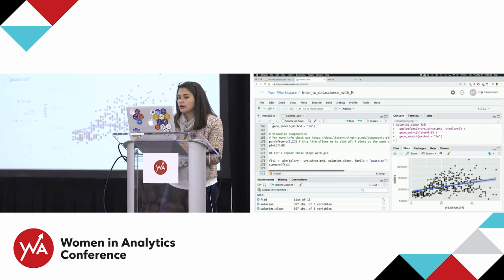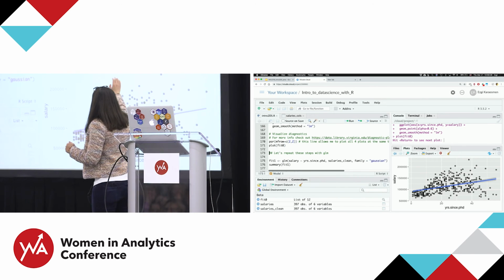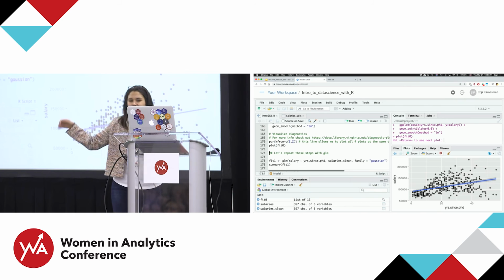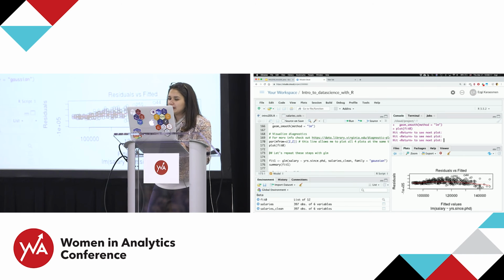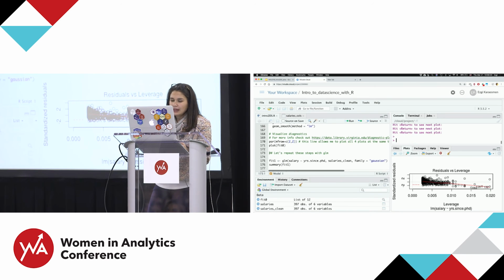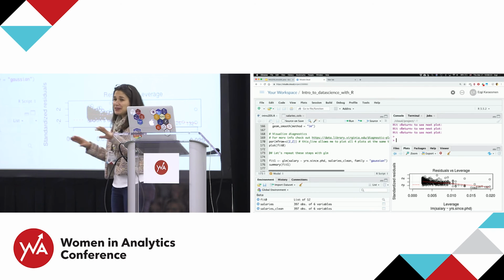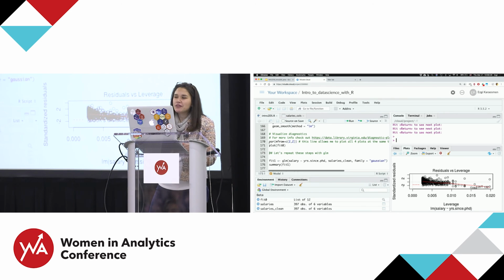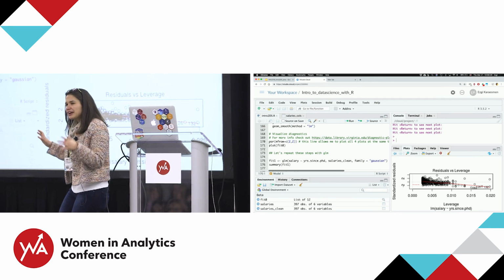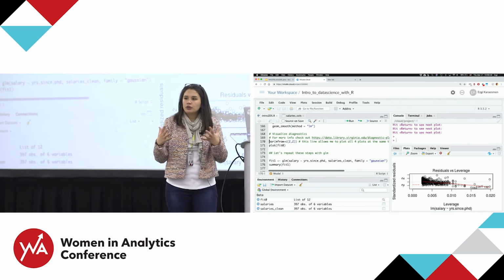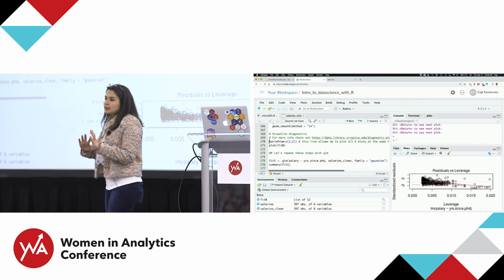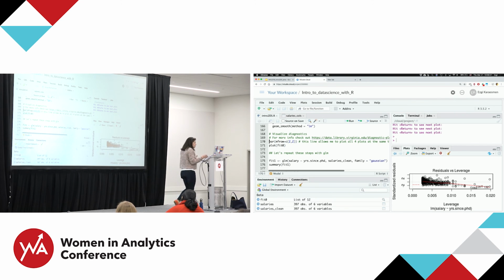Okay, let's just run this before this par line. Okay, let's just run this one. So what it expects me to do is to keep hitting return to actually see the next plot. So just an example. I see the residuals versus fitted, and so on, right? An easy way to look at all four of those at the same time is using this par function, which I know is kind of annoying. I don't want to get into the details, but it's basically visual parameters. And in this case, I'm saying that I want to create a matrix of 2 by 2 and fill it with any plot that comes after that. And that's what it's going to do for me. So if I now run this line and then run this one after it,